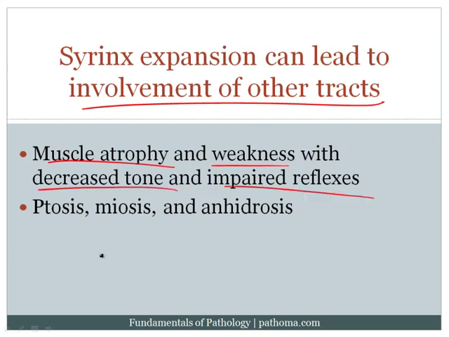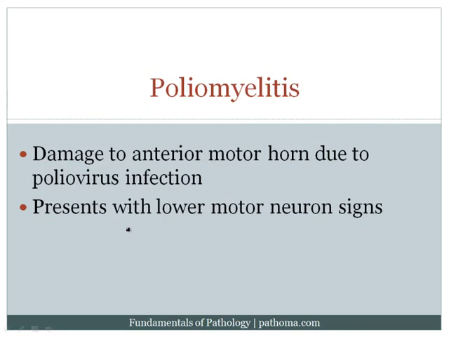And at the same time, if it further expands, you can also knock out the lateral horn, and when you knock out the lateral horn, you're going to knock out the sympathetic input to the face, giving you ptosis, miosis, and anhidrosis. Moving on to the next disorder, poliomyelitis is damage to the anterior motor horn due to a poliovirus